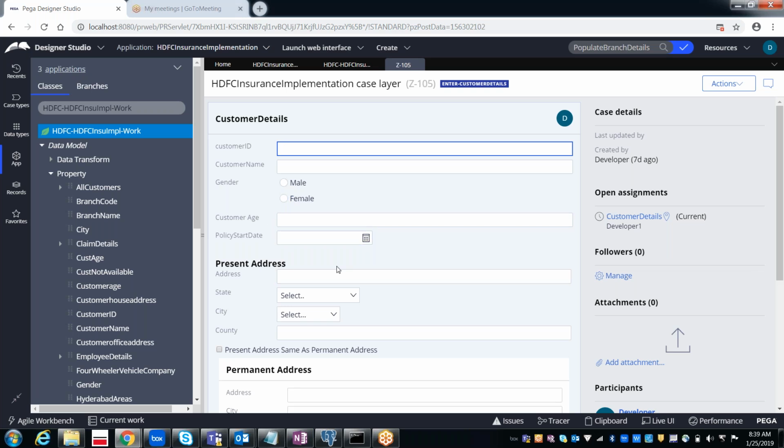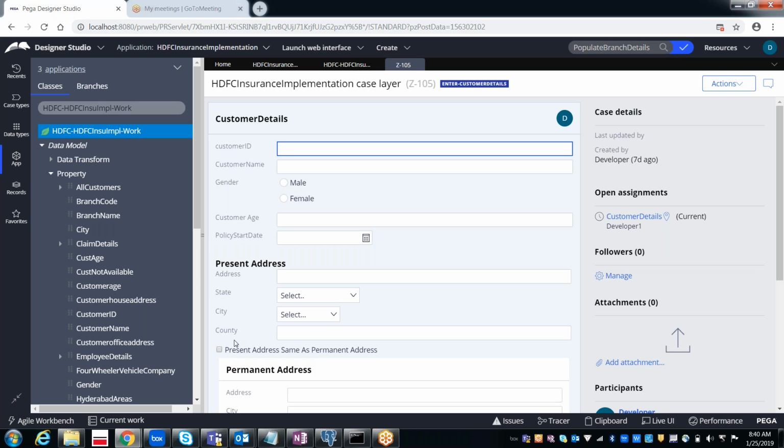These are the various property values which I am giving from the work object. So is it going to have a separate column in the database for each and every property? Yes, sir. Oh, so it's going to have a separate column? Okay, yeah.